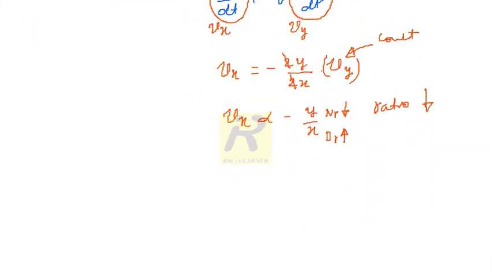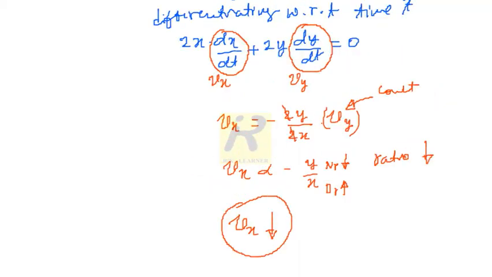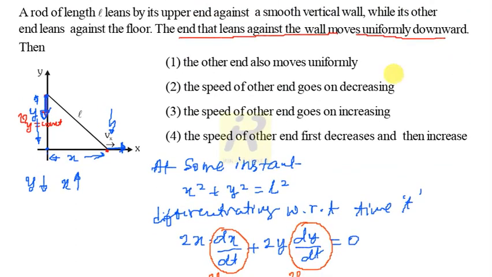When the ratio decreases, I can conclude Vx also decreases. So Vx goes on decreasing in our situation. So what we have to choose is, I think, this one: the speed of the other end goes on decreasing. So Vx decreases. It is correctly said in option